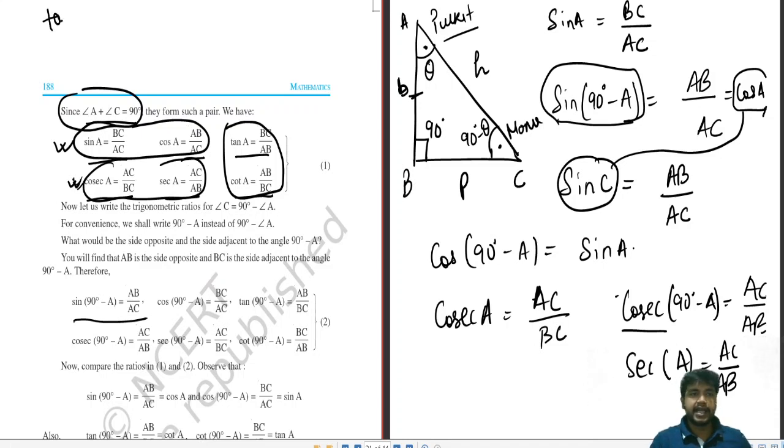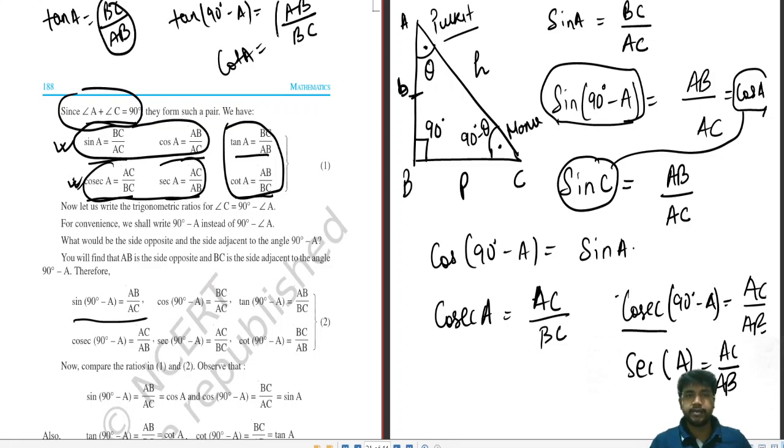If we take it as tan A, so tan A equals BC by AB. But Monu says আমার থেকে tan হবে AB by BC. So this converts to cot A, because this is BC by AB and this is the opposite of BC by AB. So if it is opposite, then tan A will convert to cot A. Sin A will convert to cos A, and sec A will convert to cosec A, and vice versa. Sine can convert to cos, cos can convert to sine, tan can convert to cot, cot can convert to tan.